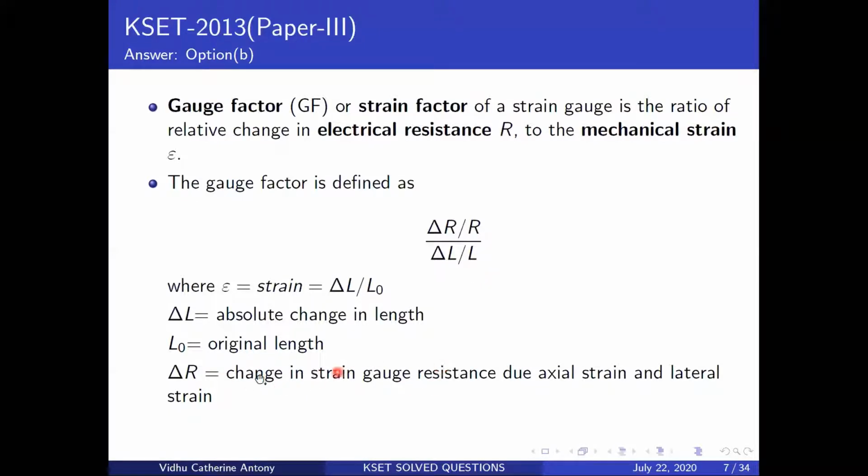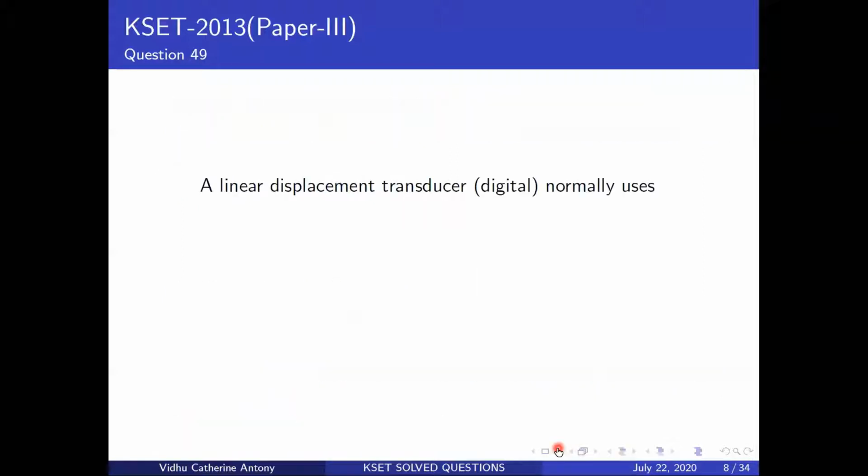And now what is this? This is the change in strain gauge resistance due to your axial strain and your lateral strain. And this is the unstrained resistance of your strain gauge, your R. Okay, so now here this is a little confusing because you start to think about this term rather than what they've said here. Okay, so let's just be careful about where to actually focus, and I think you will figure it out once you look at the options.